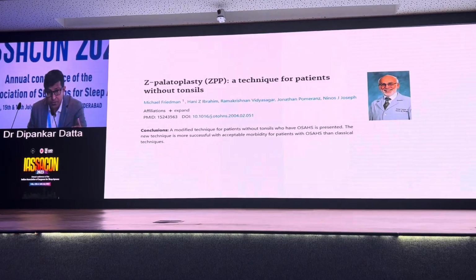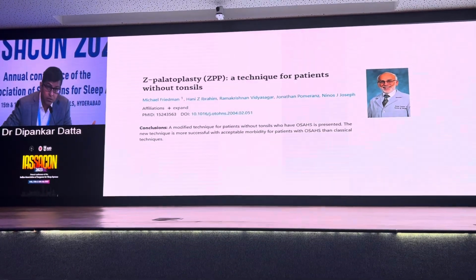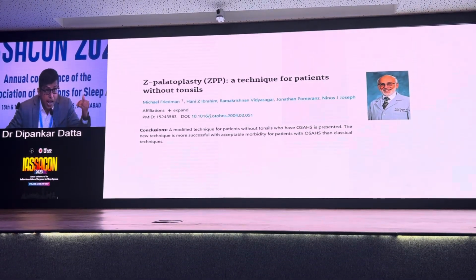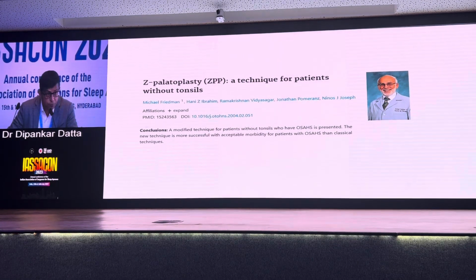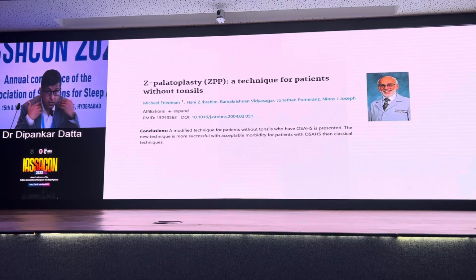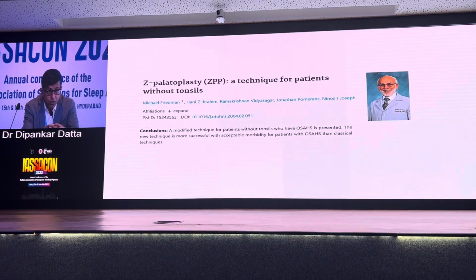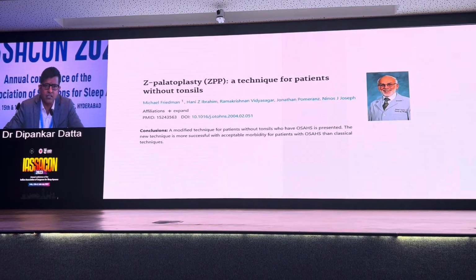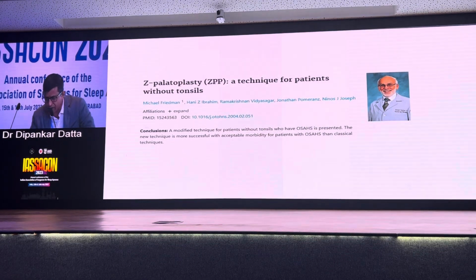Because in complete concentric collapse, CCC, which is an absolute contraindication for hypoglossal nerve pacemaker, MMA is being proposed as per the Stanford protocol and the recent guideline. You do MMA first, just to tighten the lateral wall, so that we can convert this complete concentric collapse into an AP collapse, and now just do the hypoglossal nerve pacemaker. That means to address the lateral collapse. Now, in zeta palatopharyngoplasty, by this Z, we can achieve the lateral dimension. I have shown yesterday also in my surgical video demonstration. We can achieve the tightening of the lateral wall as well as the width of the oropharynx and the velopharynx.